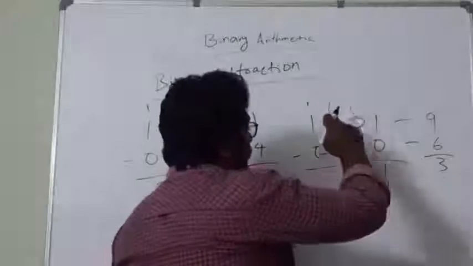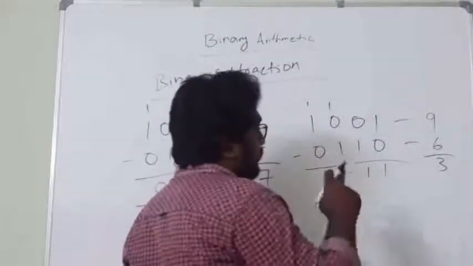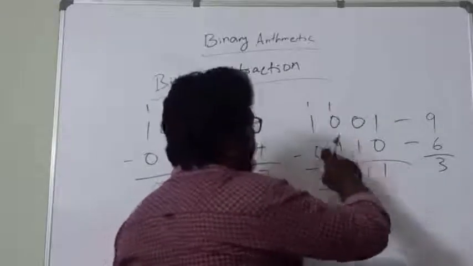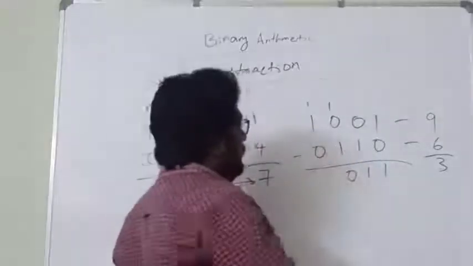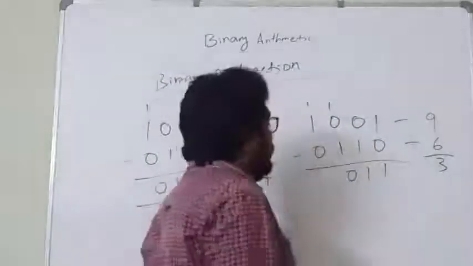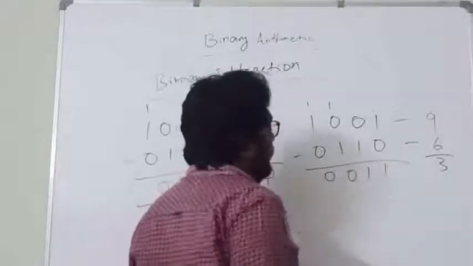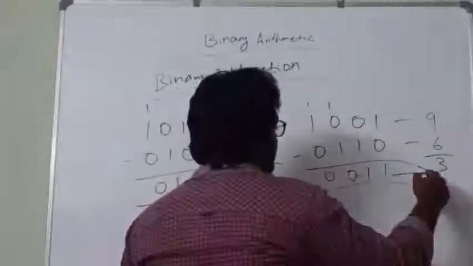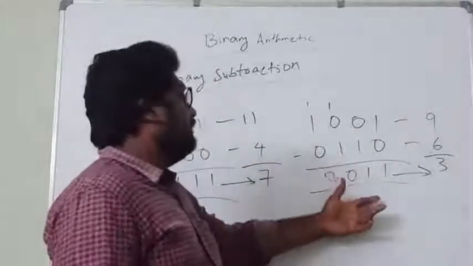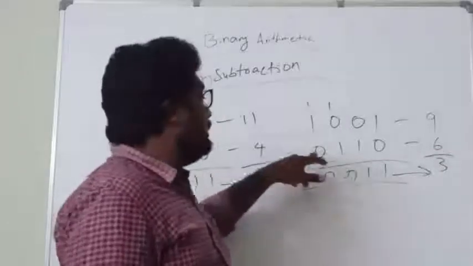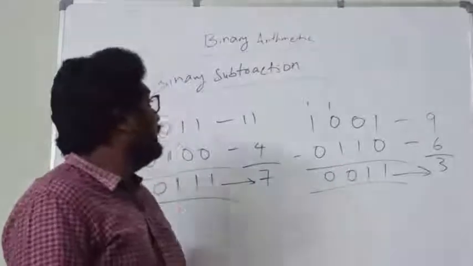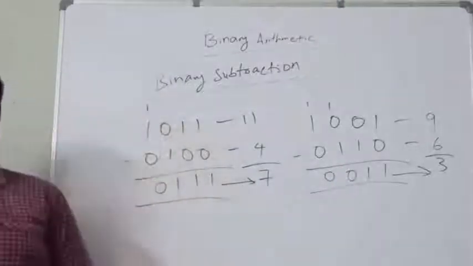On subtracting the resultant borrow, 1 minus 1 will become 0, and next 1 minus 0 will be 1 and the resultant is 1. On subtracting the resultant with the borrow, the final resultant will be 0. So this is equal to this 3, right? So here also the decimal subtraction is equivalent to the binary subtraction, right? So now let us look at the binary multiplication.